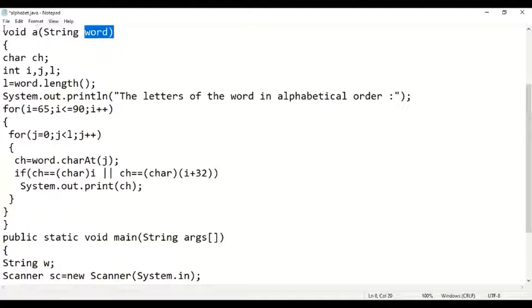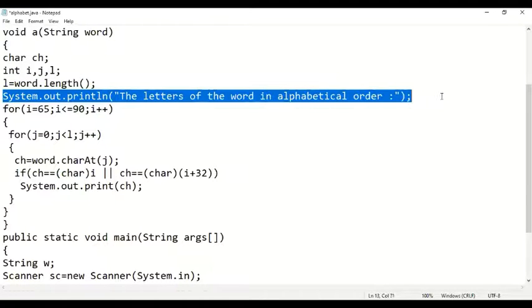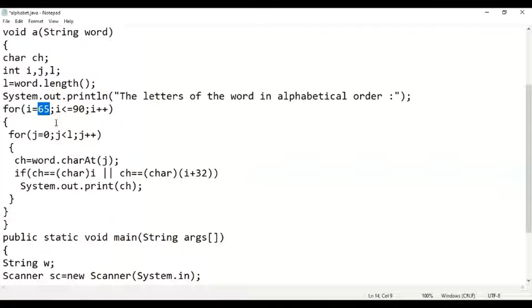This is the function now, void A. I have declared a variable ch of character type, also some integer variables i, j and l. L is used to calculate and store the length of the variable word. So word.length will be initialized in L. Now I have given a message: the letters of the word in alphabetical order are. We have started from ASCII value 65 till ASCII value 90 to check for all letters of the alphabet in